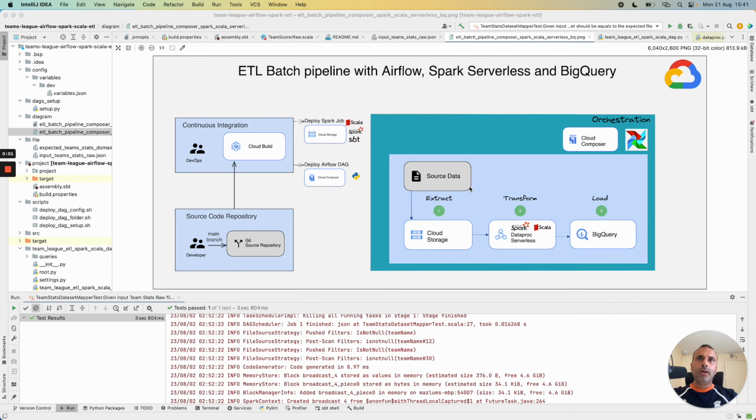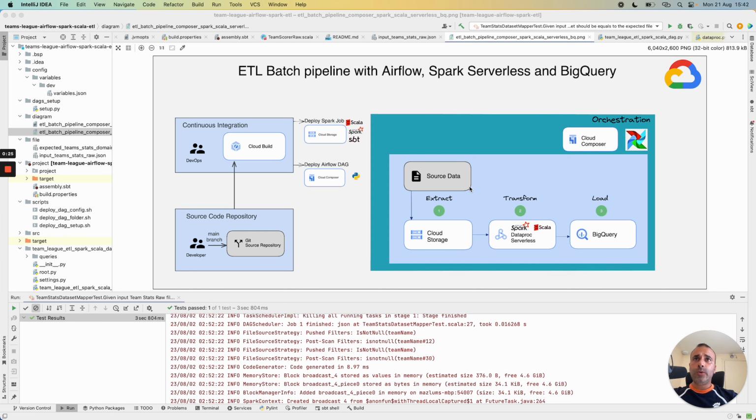Good morning, everyone. Today I will present a use case with an ETL batch pipeline with Apache Airflow Cloud Composer and with some transformation on the transform part with Dataproc serverless.